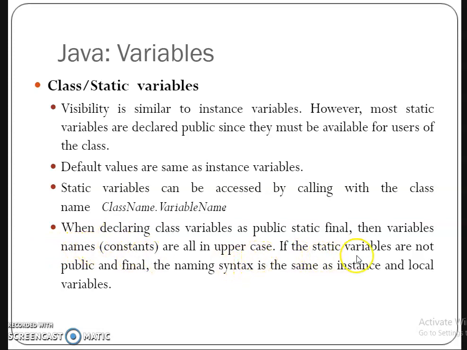If the static variables are not public and final, the naming syntax is the same as instance and local variables. This is also one of the important points. When declaring the class variable, that means the static variable, using public static final, then the variable name should be in uppercase characters only. If the static variables are not going to be declared public and final,